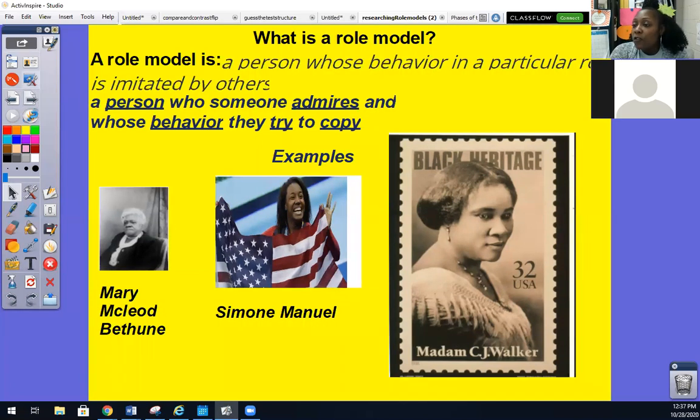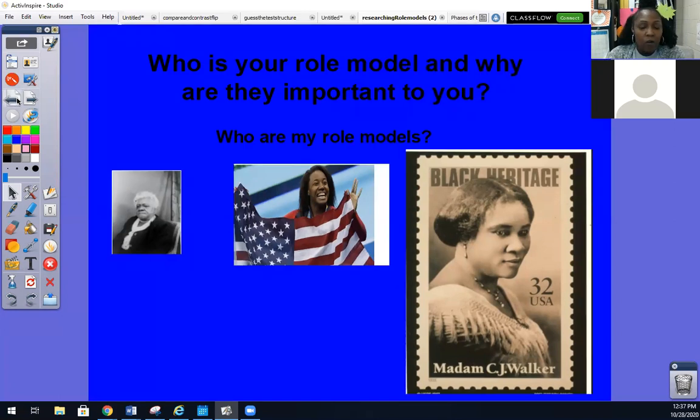Now, first, before I show you that slide, I'm going to go back. Really think about what a role model is to you. Because sometimes we just think it's someone who is famous. Well, they don't necessarily have to be famous, but they can be someone that's famous. It doesn't have to be someone who everybody knows, right? And it could be very particular to your interests. So these people are very particular to my interests and things that I've done in life or something that my child may have done in life.